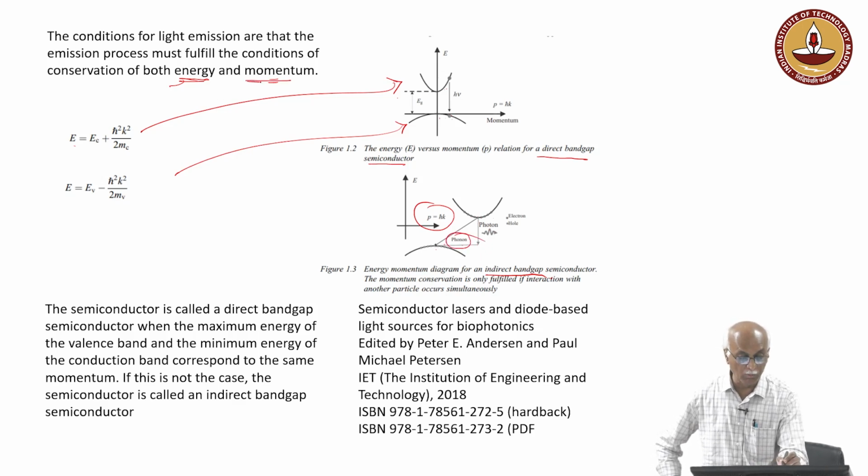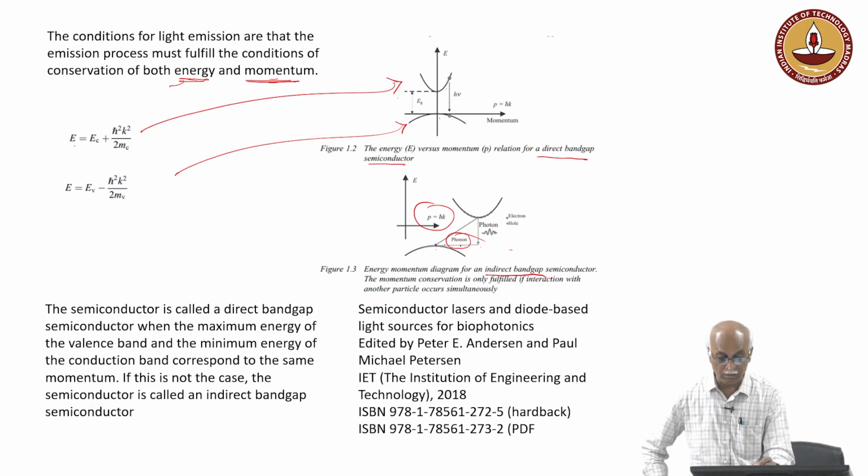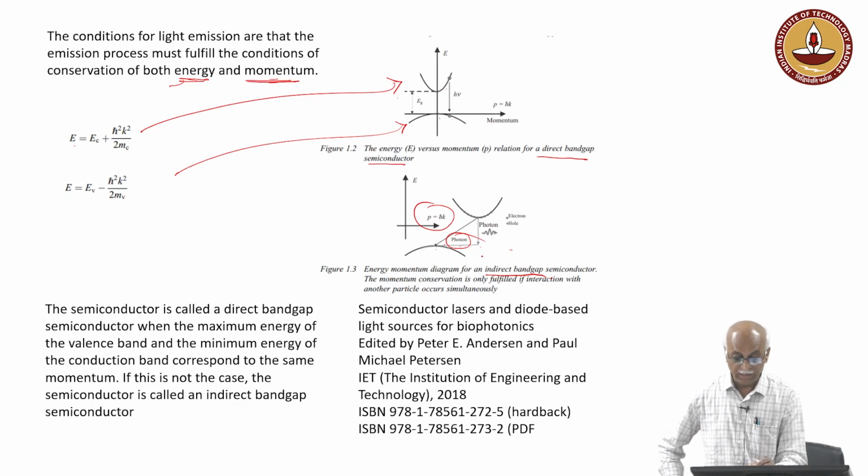So as to conserve the momentum, there has to be some other particle which should take care of this momentum mismatch through phononic emission, and this results in inefficient emission of photons. So, basically the inefficiency in the indirect band gap material is very large,